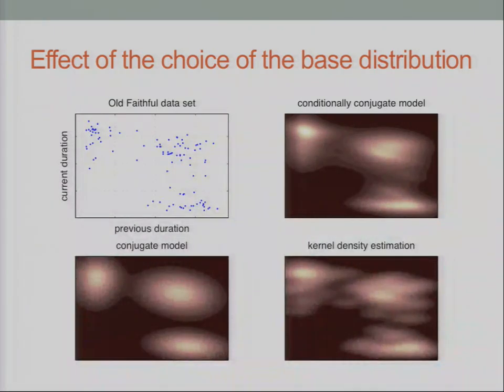Whereas when you use a conditionally conjugate model, a model where you cannot integrate out all of the parameters, you can only integrate out some of the parameters and you condition on the rest of the parameters, you get a distribution that looks like this. So it looks less Gaussian, and you can see that it has more probability mass around these points,